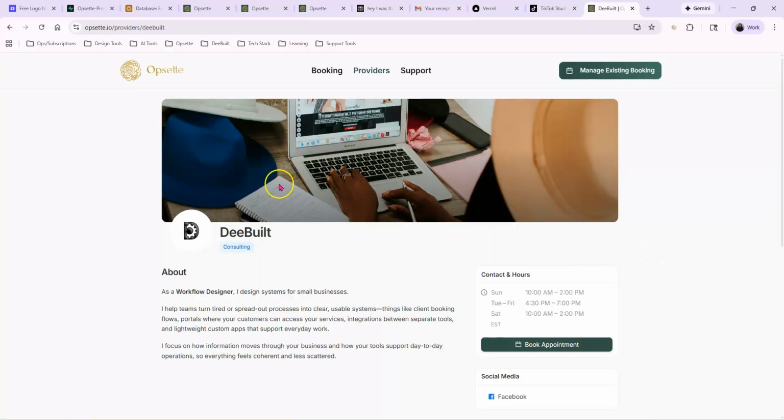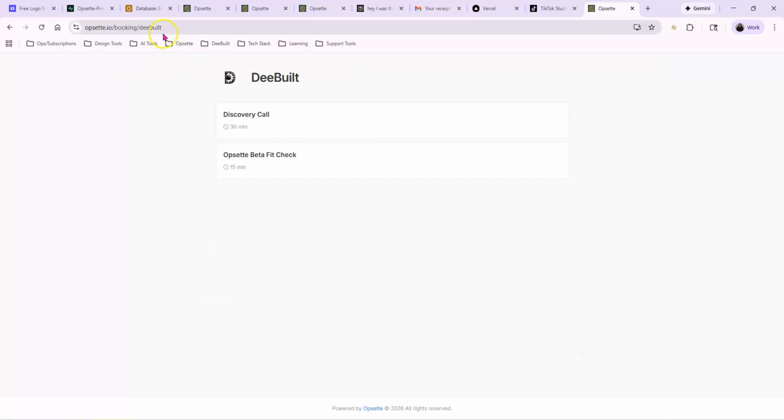And then when you view the whole profile, this is another way that I want to expose myself and expose other businesses. So it's pretty much built out. I just need someone to come in and use it. You click book appointment and then it opens up that same booking page. So I love it. I don't know who wouldn't, but yeah, let me know if it's too much.